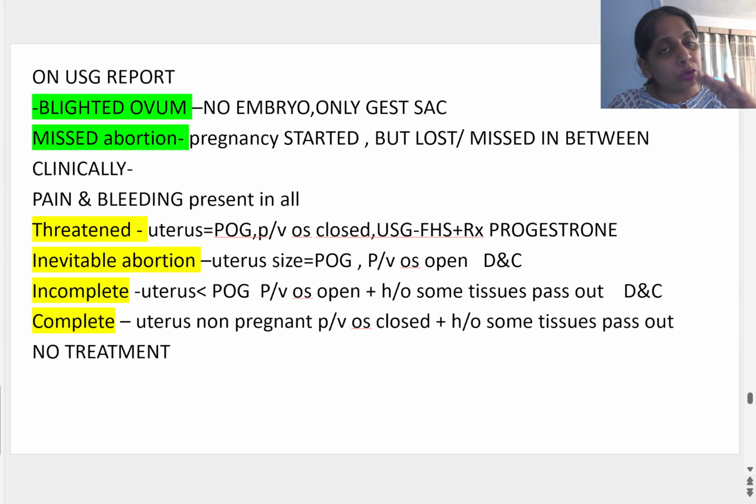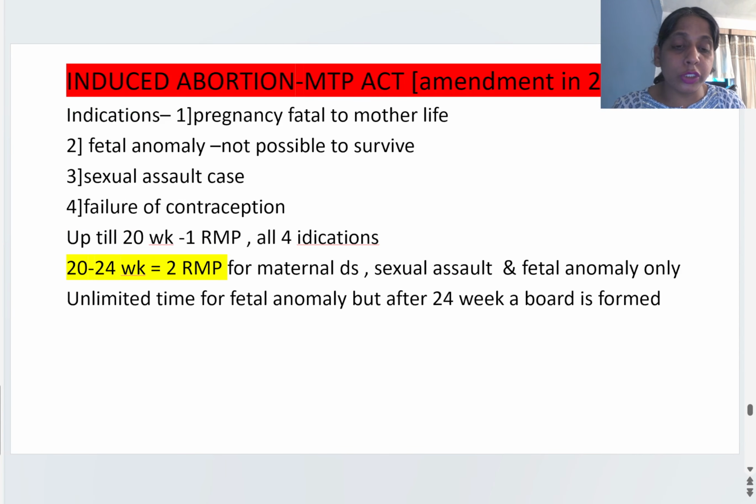कम हो जाएगा क्योंकि कुछ प्रोडक्ट्स निकल गए हैं, ऑस ओपन होगी क्योंकि प्रोडक्ट्स तो तभी निकलेंगे जब ऑस ओपन होगी, तो इसका ट्रीटमेंट भी डीएनसी है। इनकम्प्लीट को कंप्लीट कर दो, ठीक है। कंप्लीट अबॉर्शन में क्या होता है, सारा का सारा प्रोडक्ट ऑफ कंसेप्शन निकल गया है, यूट्रस का साइज नॉर्मल, नॉन प्रेग्नेंट यूट्रस जितना हो जाता है, ऑस क्लोज हो जाती है क्योंकि सब कुछ निकल गया, कोई ट्रीटमेंट नहीं करना, ठीक है, जस्ट एश्योरेंस। चलिए, इंड्यूस्ड अबॉर्शन पे बहुत क्वेश्चंस आ रहे हैं, ठीक